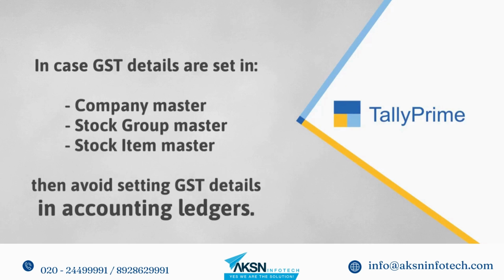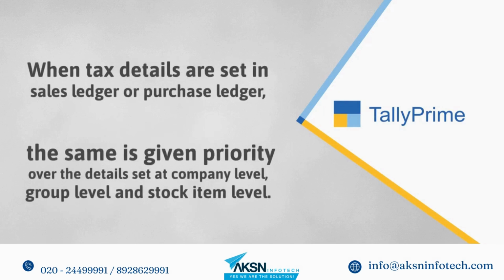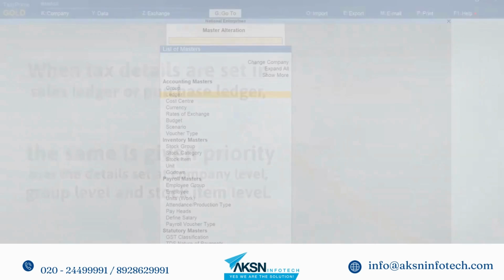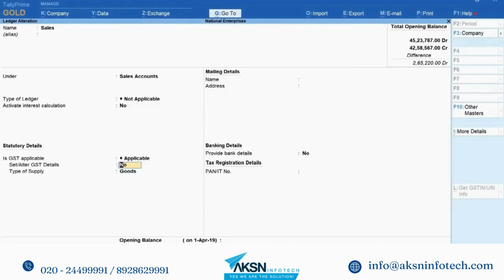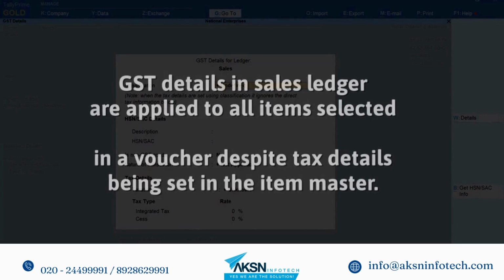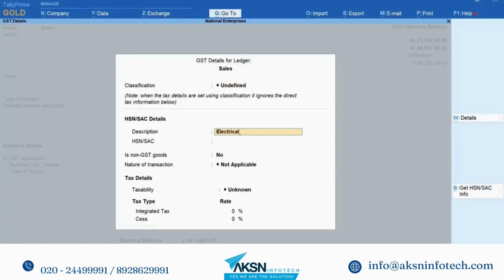तीनों मामले में आपको अकाउंटिंग लेजर में टैक्स की जानकारी सेट नहीं करनी है। यदि अकाउंटिंग लेजर्स जैसे कि सेल्स लेजर या परचेस लेजर में टैक्स की जानकारी सेट की है तो उस जानकारी को कंपनी, ग्रुप और स्टॉक आइटम्स में दी हुई जानकारी से अधिक प्राथमिकता मिलेगी। यदि आप सेल्स लेजर में GST की जानकारी को सेट करते हैं तो वाउचर में चुनी हुई सारी आइटम्स पर टैक्स की जानकारी लागू हो जाती है। आइटम मास्टर में टैक्स की जानकारी सेट होने के बावजूद भी ऐसा होता है।